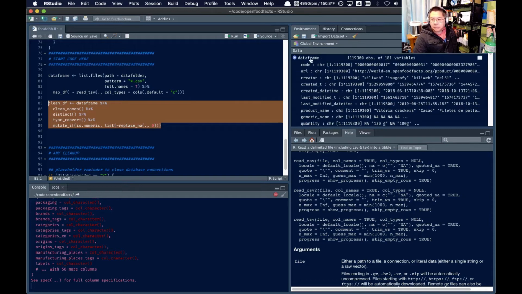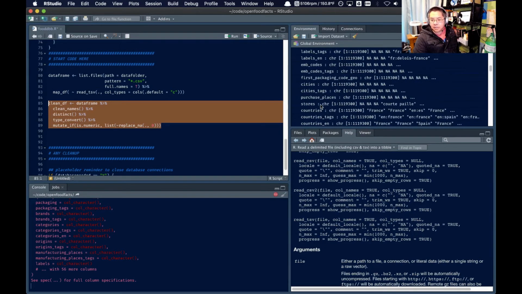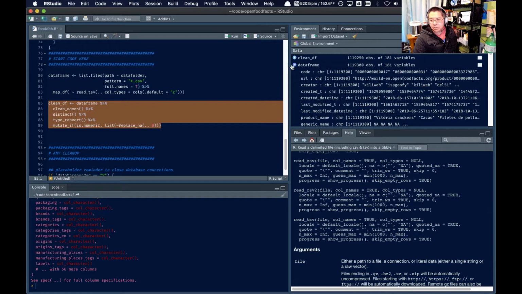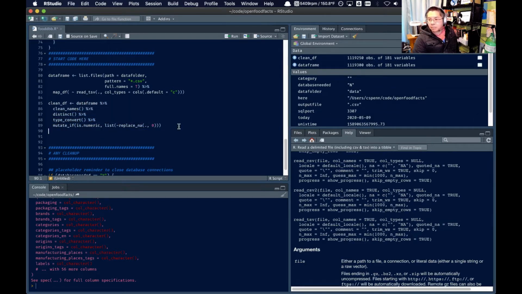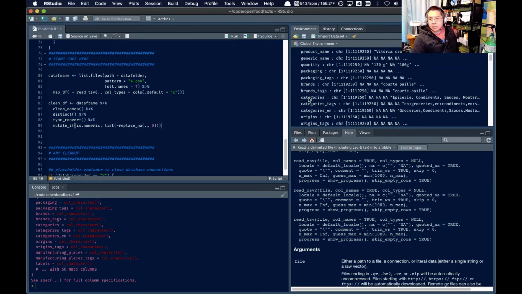All right, so what do we got here? We should have a database that I'm still running, so it's still cleaning. Great. Same number. Yep, we lost 50 records because they were duplicates. Now, one of the things I want to do is restrict this. We're going to work with the United States, so let's take this and turn this into